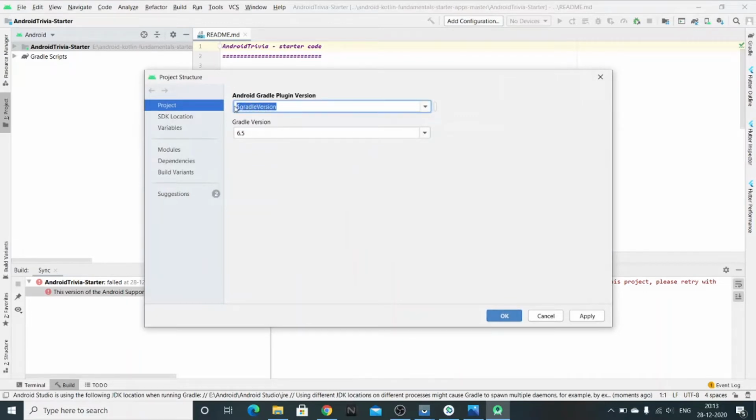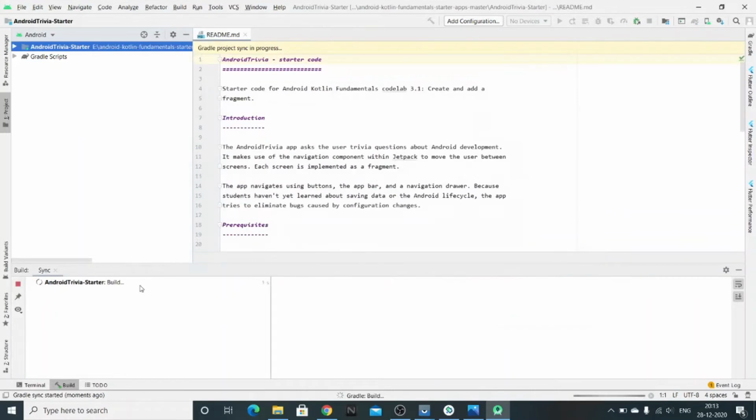Just change this Gradle plugin version to 4.0.1 and the Gradle version to 6.1.1 and press OK, and then Android Studio will automatically rebuild our project. Let's wait till the build is completed. It will take some time.